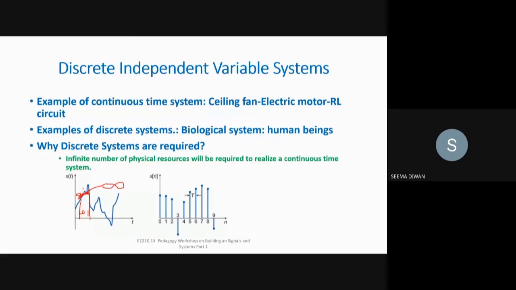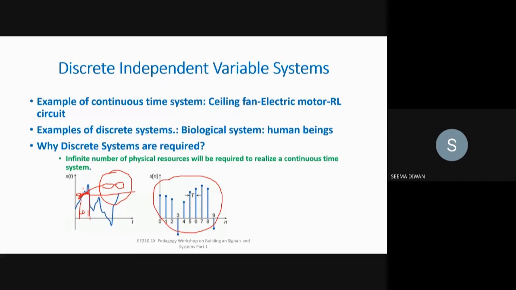As Madam Nandita has rightly pointed out, infinite number of impulses are required. For each time instant, for representing a magnitude, an impulse will be required. And in a real-world system, it is not possible to have infinite resources. Our resources are limited. The number of adders, number of subtractors, number of memory locations in the computers are limited. Therefore, we are working with a limited number of resources, and we cannot store an infinite number of data samples. We can store a finite number of data samples.